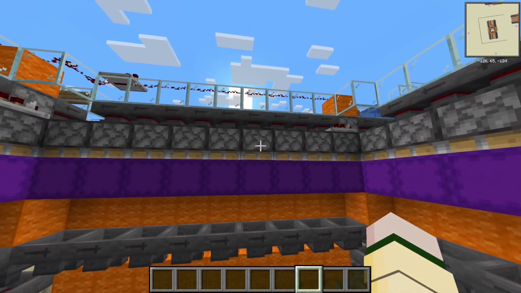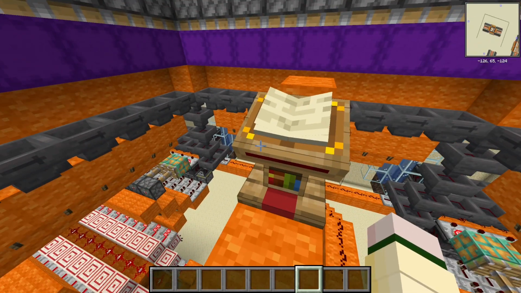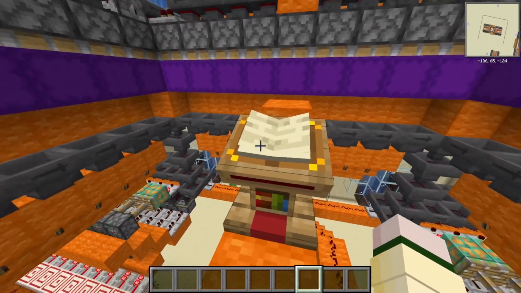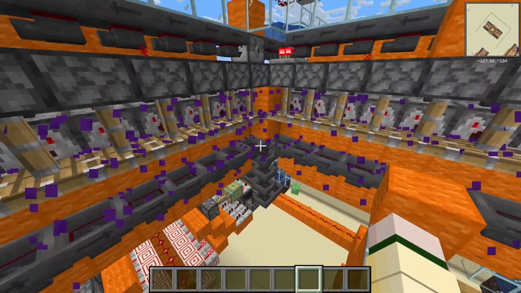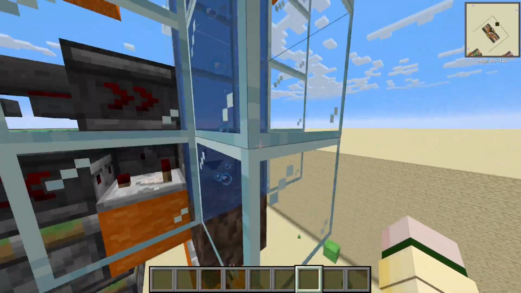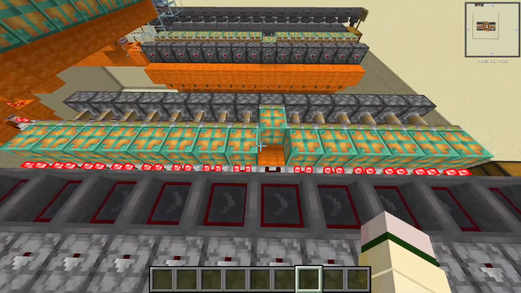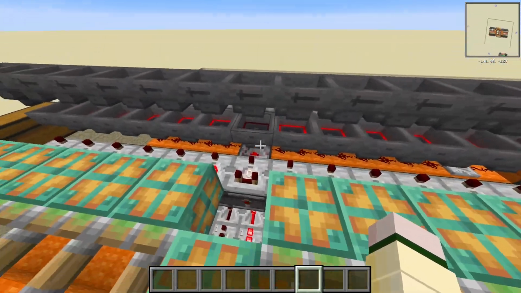But yeah, so if you want to reset this, there's a button right there. It breaks all the shulker boxes. Before you change colors, let it reset. Don't touch this for a little while, because you want the shulker boxes to have enough time to get back to this dropper. So now you can change the color or whatever. That's fine. However, as soon as you do change it, it